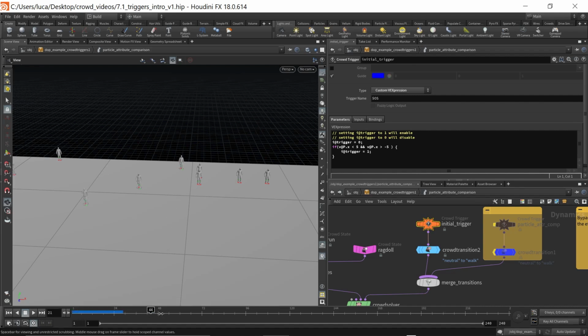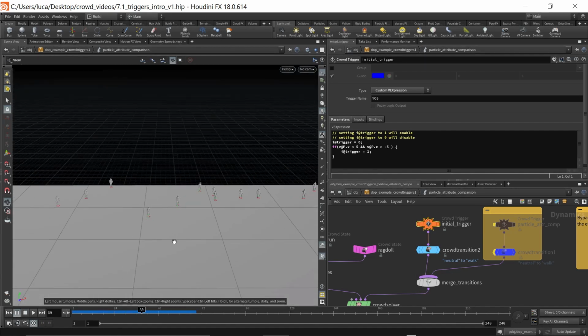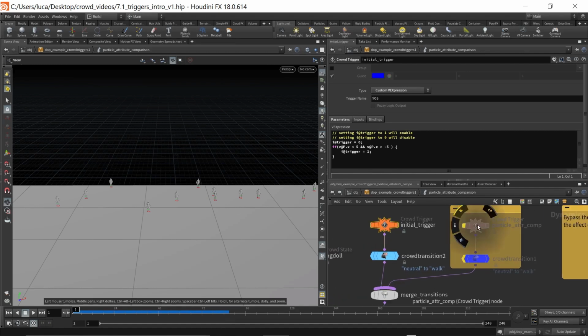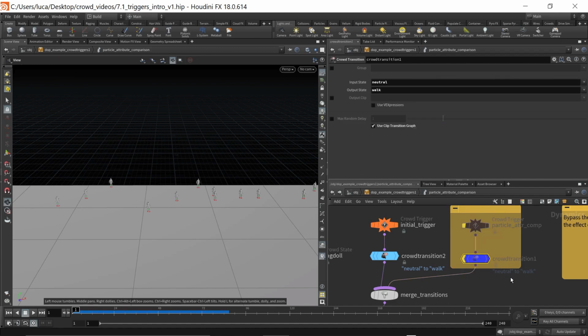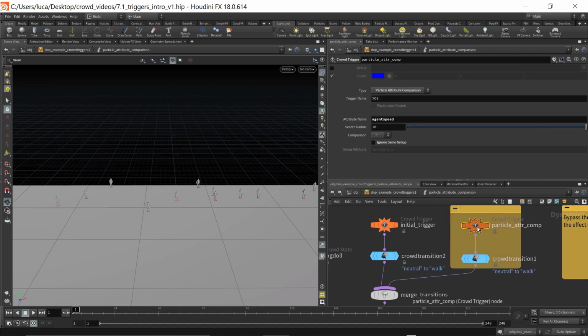So let's just push forward here. Great. So you can see we got 3 agents that are within this boundary, right? And the rest remain in their neutral state. Okay, so that's fine. Then over here, we're doing another transition from neutral to walk, but we have something extra, a different type of trigger that's overlapping this one. So this one, what we're doing is we're saying, look at the agent speed, and if the speed is greater than,